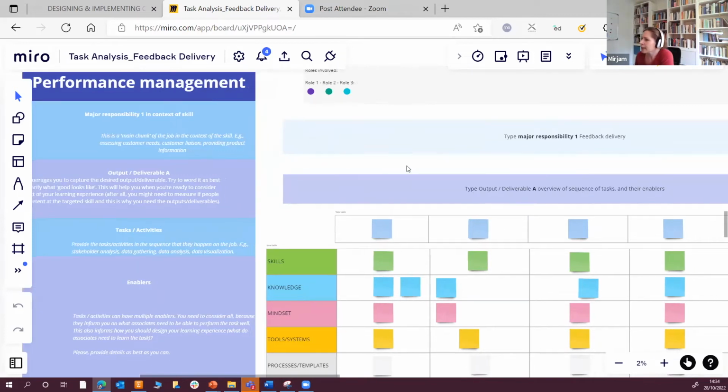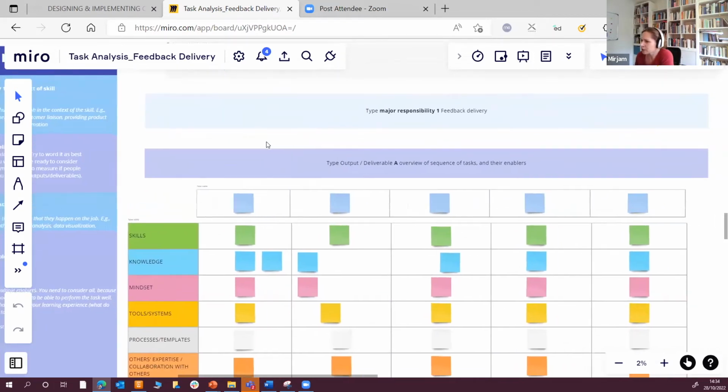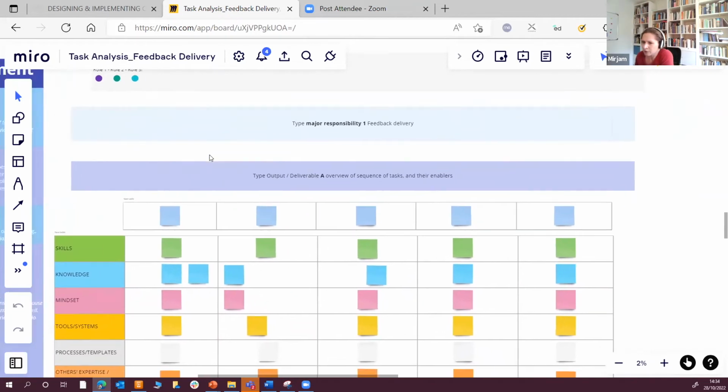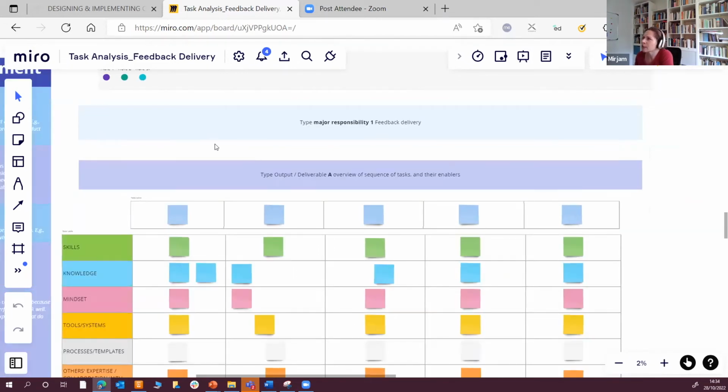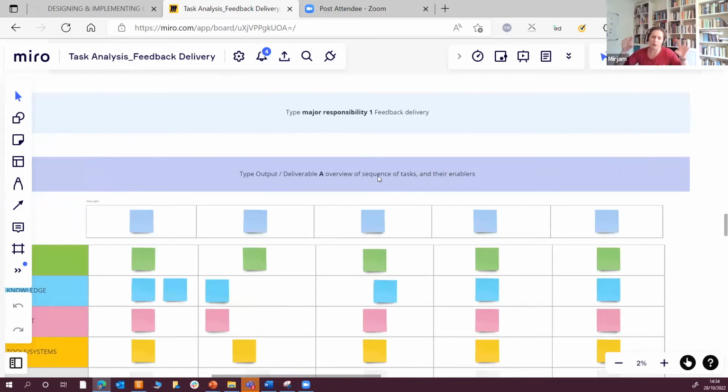And the first thing, and this is not necessarily an easy question, so don't worry if your answer might not be perfect. We can shape it later. But would you be able to articulate for me, when feedback is done well, what is the outcome of that? When we talk about a deliverable, and that's a bit weird in the context of feedback delivery, in your own words, when you deliver effective feedback, what's the outcome of that? What's the output?